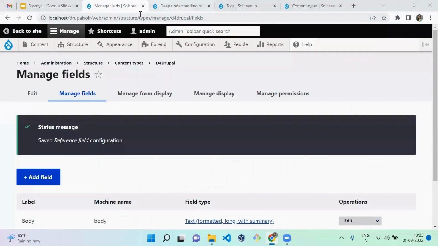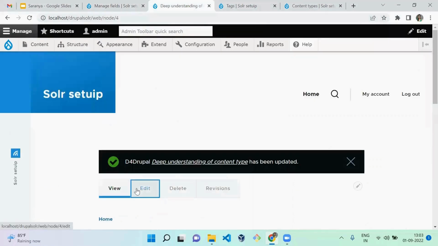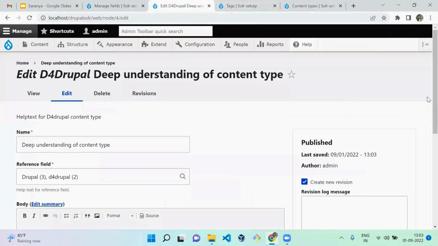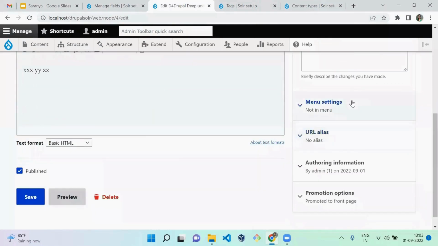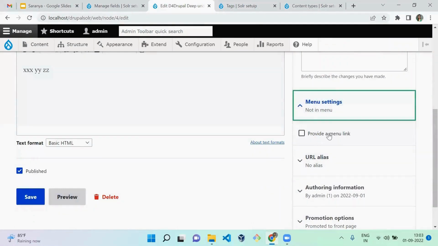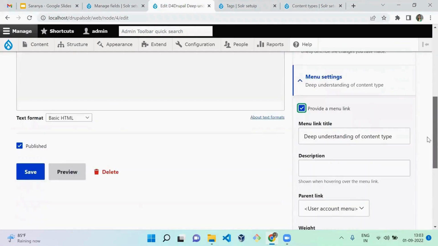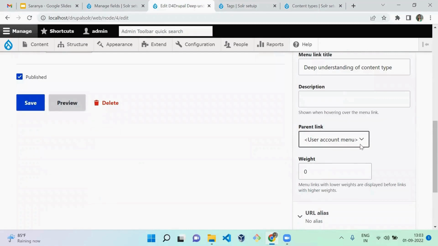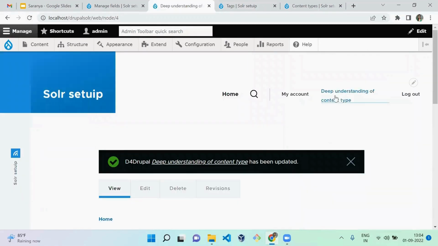let me create a menu as I mentioned previously. We can create a menu here, right? Let me showcase how to do it. I'm going to make it a menu, the title will be the same, and it should be under the user account menu, and I'm going to save the content. You can see here, the user account menu contains my account, logout, and there is a new menu called deep understanding of content type, which is created by using the menu settings of the node. And the next option is